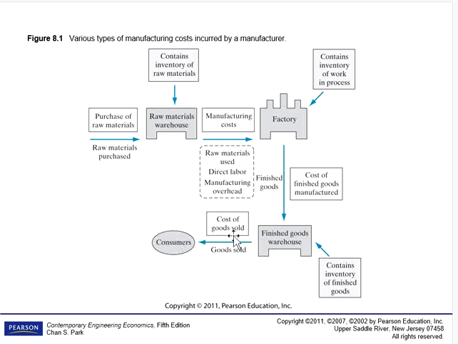So you can see here, this information appears in an income statement, as I showed before, right? This part is part of the balance sheet as inventory: your raw material inventory, your work in process inventory, your finished goods inventory. These three are part of the balance sheet, and what has been sold is shown as an income statement item. So this is how manufacturing cost flows in any